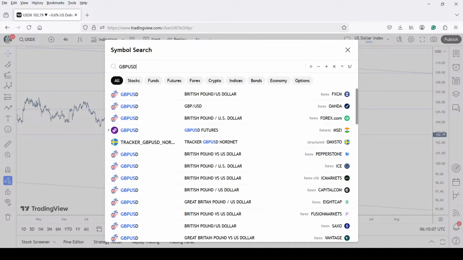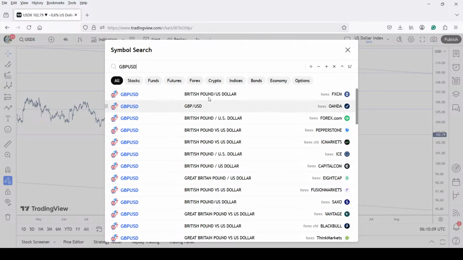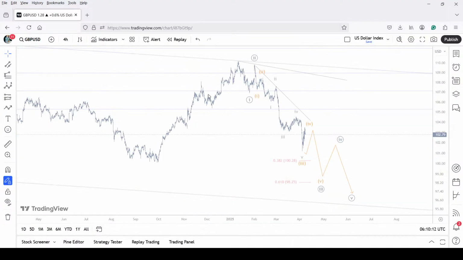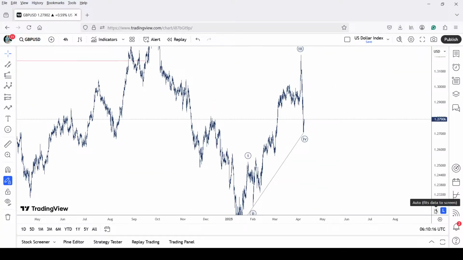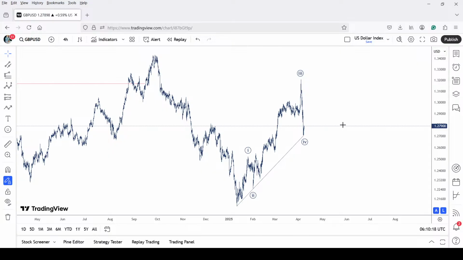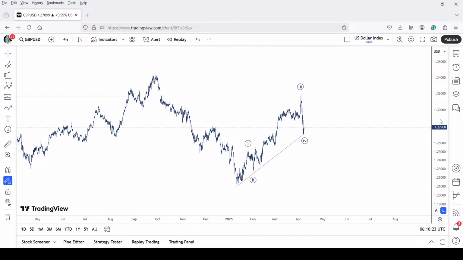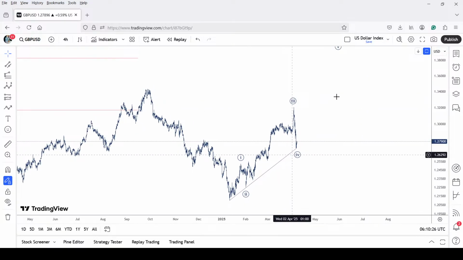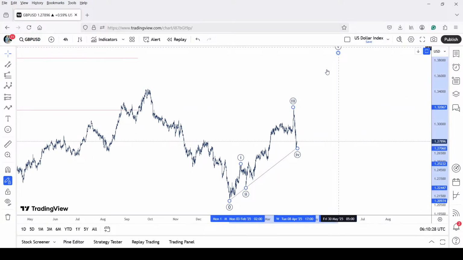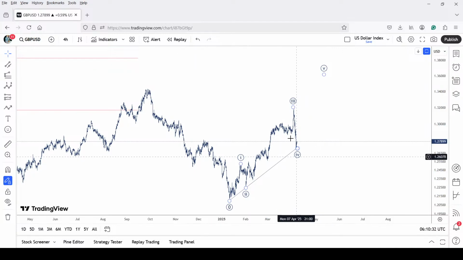GBP USD. As we discussed in the previous session, prices might have dropped more than expectations, but it could still be defined as a potential wave 4. I mean, it's trading right at the trend line support as well. All right, for the first time we have seen that pound